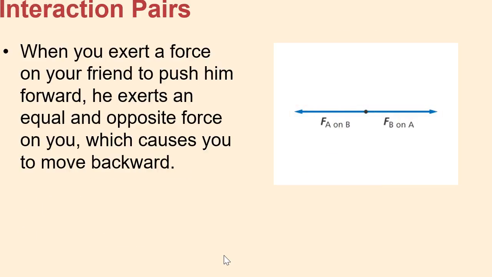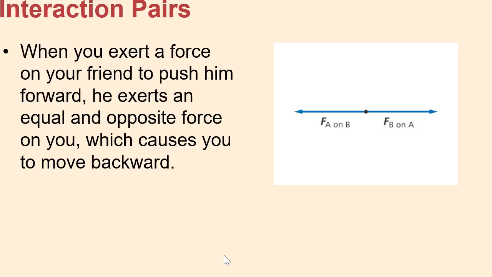When we look at interacting pairs, we're looking at something like this. If you're pushing on a friend, the friend's pushing on you, you have a force of B on A. You also have a force of A on B. Now this is not a free body diagram. A free body diagram shows all the forces that are acting on a specific point. The dot that you see in the middle of this actually represents the place where you are touching your friend,